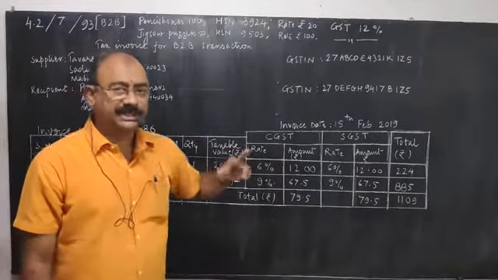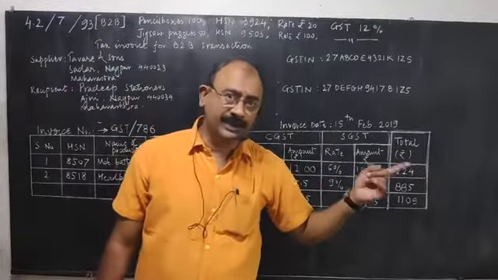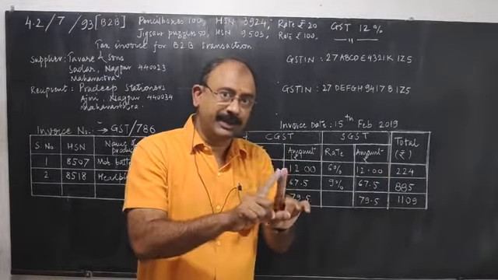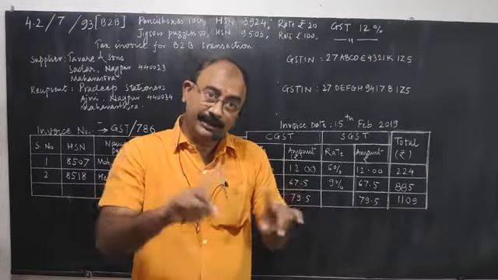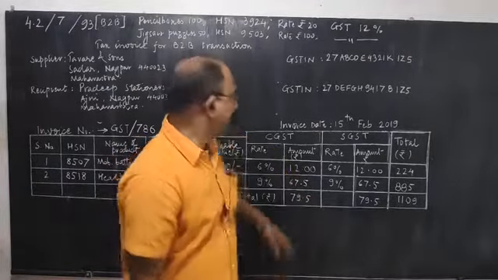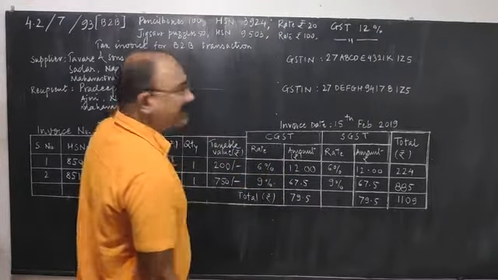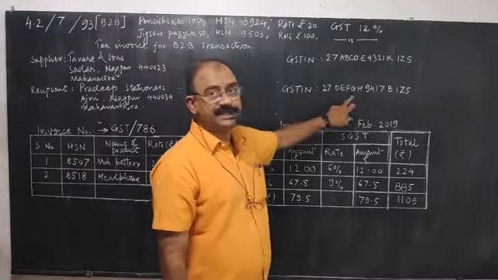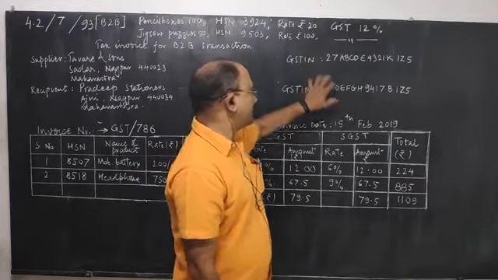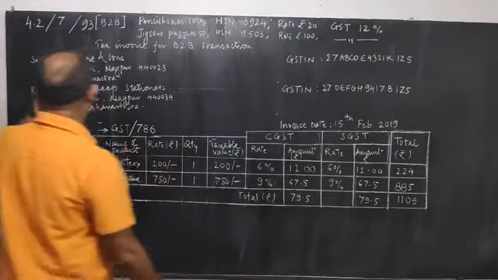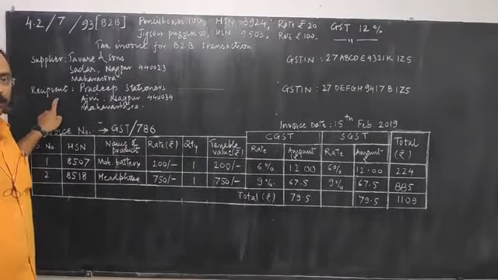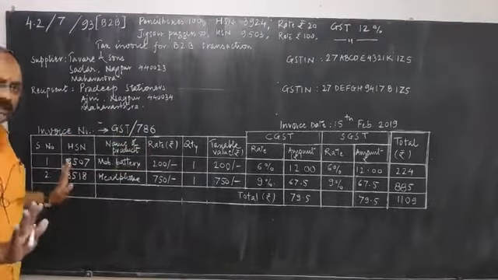Now, what is the change in the B2C transaction? There is only one businessman and the other one is a consumer. But here both are businessmen, and both businessmen have their own GST. So this is the GST of the supplier, this is the GST of the recipient. So both GST you have to write. I mean, you have to write supplier, he is a GSTN, recipient, he is a GSTN, rest is same.